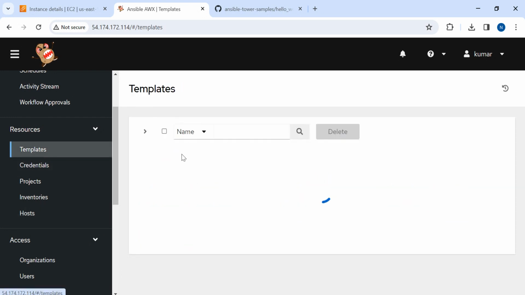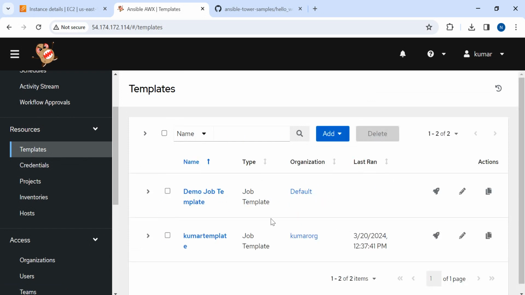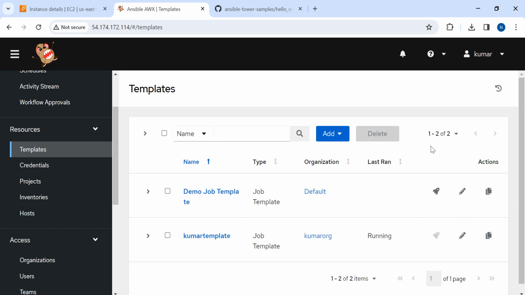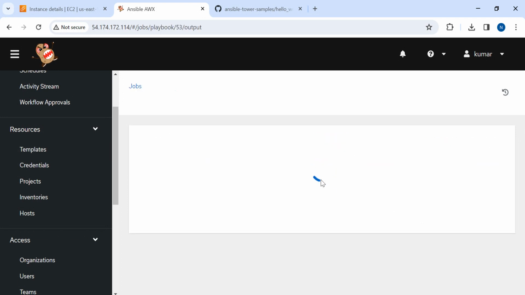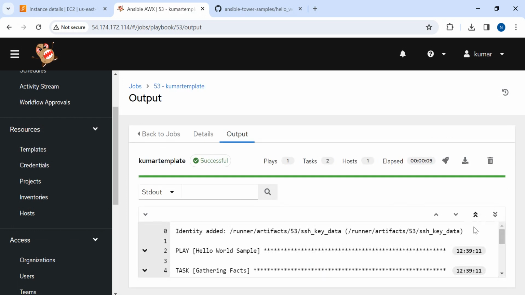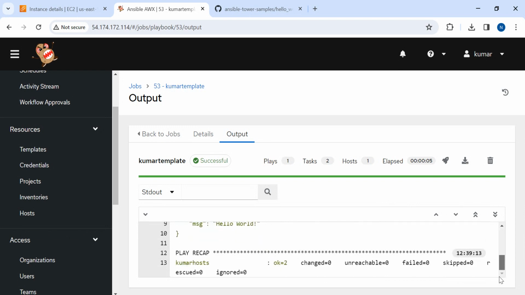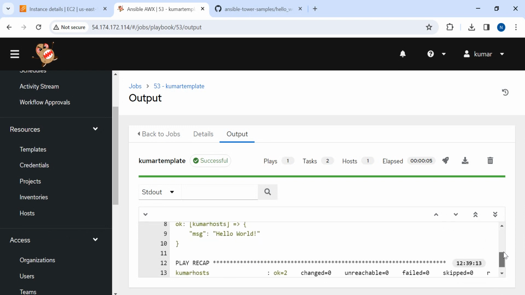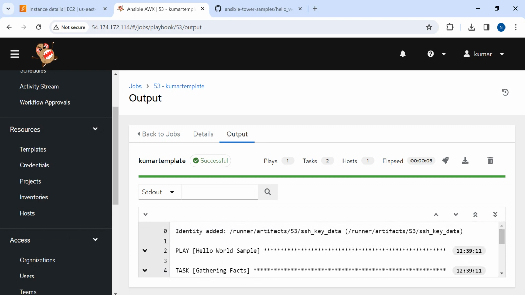So again, I'll go to the template, and I'll click on launch. Now I'm clicking on this launch button, and you can see the job got run a second time, and this time, what is the output we are getting? We'll see it. Okay, wow, so it's a success, congratulations. And you can see we are able to run our